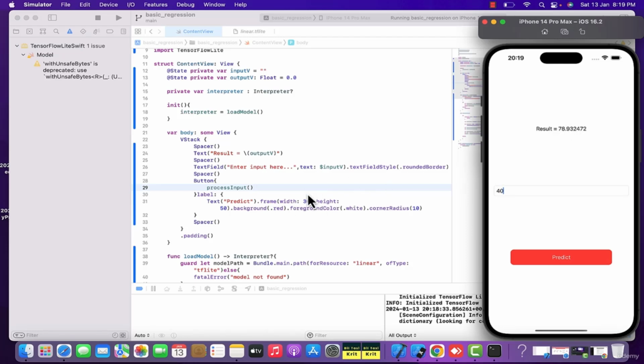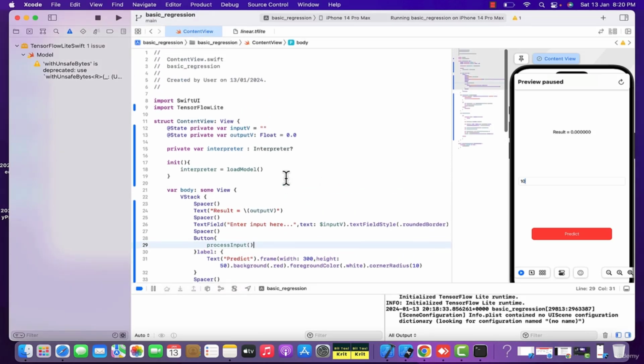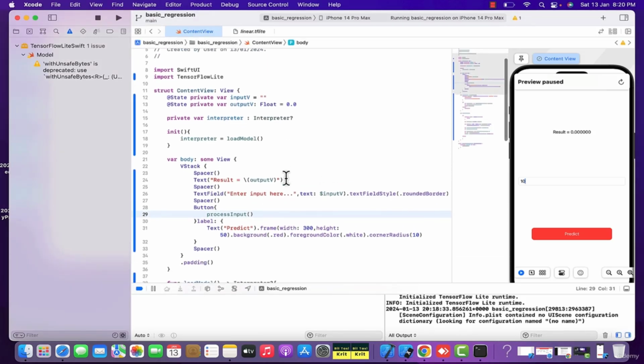So it means that our application is working correctly, or our trained model is performing well even inside our iOS application. Welcome to this lecture. Now we have completed our very simple iOS application where we are using our TensorFlow Lite model. In this lecture, we will quickly review the process of how we have used our trained TensorFlow Lite model